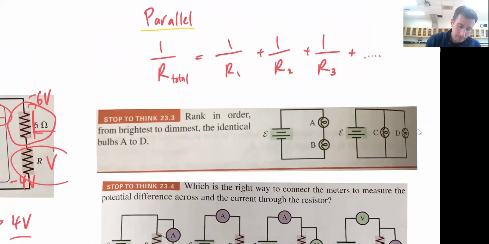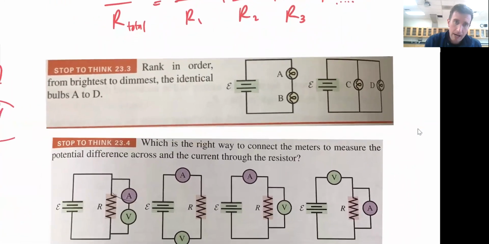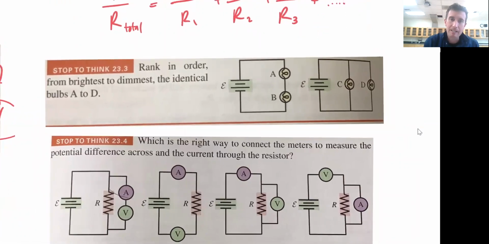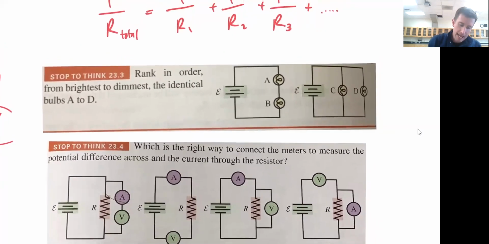All right, let's stop and think. Rank in order from brightest to dimmest the identical bulbs A to D. Okay, so it turns out when things are in parallel, they have less resistance because I'm doing an inverse of their resistance. So things in parallel are going to have less resistance, and that's going to mean more current, and they're going to be brighter. So C and D are going to be brighter,